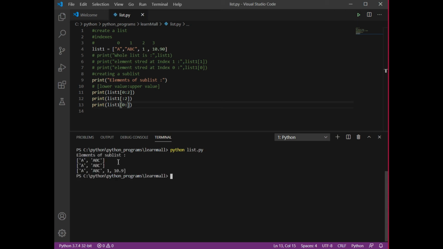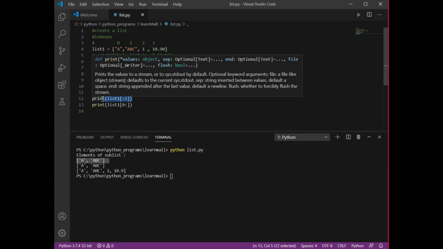See, now what happened? In the very first case, I have given both the lower range as well as the upper range, so it is displaying A, B, C. Next time I have given the upper range, but I have not given the lower range. Since your interpreter is not that smart, it doesn't have a brain, it is going to start from the beginning.